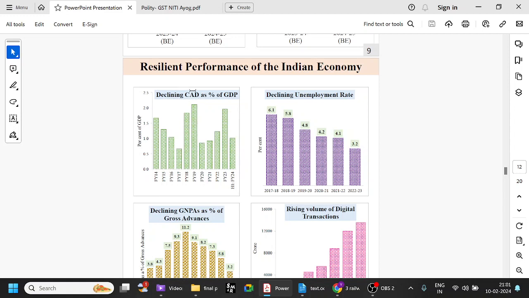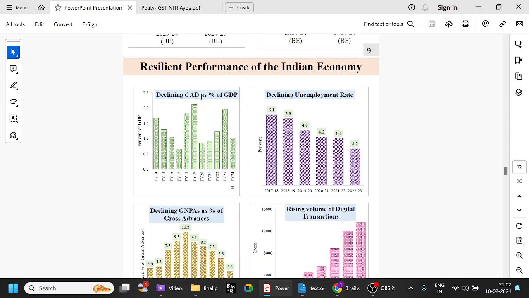And also, the current account deficit as a percentage of GDP, in the past there has been an increase, right? In fiscal year 23, it reached almost 2% of GDP, and now it is decreasing. It has again come down to 1%. So there has been an increase and again a decrease. The current estimation is that it is